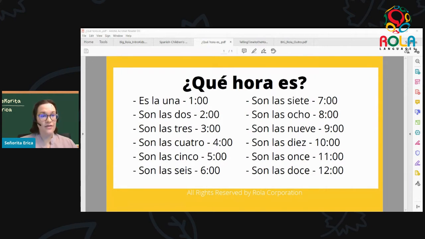So now let's practice together to say the different times in Spanish. To say it's 1 o'clock, it's 2 o'clock, it's 3 o'clock. So for those of you who haven't learned how to tell time yet, that's okay. Don't worry too much. You can just help practice your numbers with us. But for those of you who do know how to tell time or are learning how to tell time, then you can jump in and try to figure out how to tell the time. And so hopefully some of this sounds familiar to what you've been learning in English.